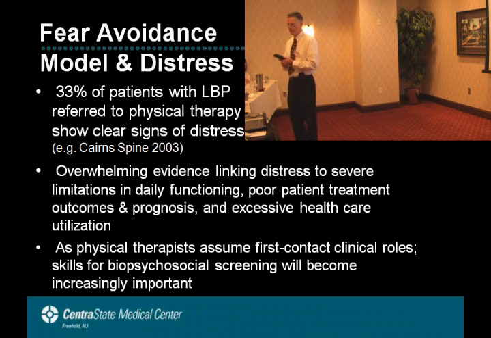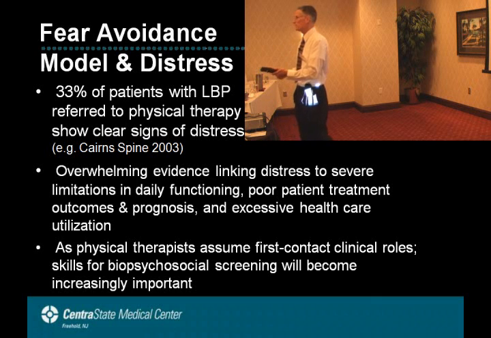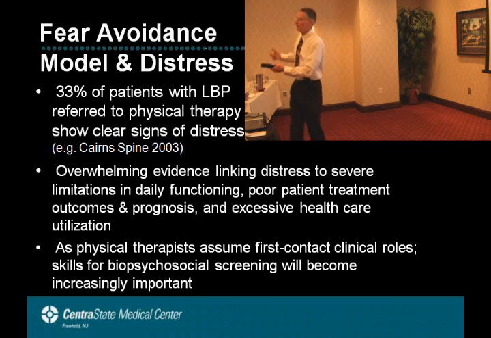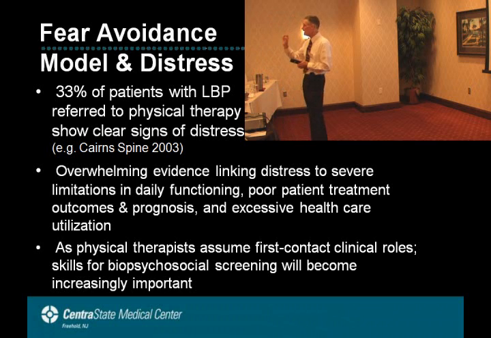Again, a nice example here is Karn, Spine 2003. As manual therapists, we're very strongly interested in clinical practice guidelines that look at clinical prediction rules. Well, only 20% of our patients seem to fit that. Here I have this depression, 33%. Should we be interested in this subgroup? Well, if we're first contact clinicians, we better be. We better know how to screen for that so we can refer that patient. Now, not every distressed or depressed patient requires referral, and I'm going to show you an example of that because these are potential confounders.